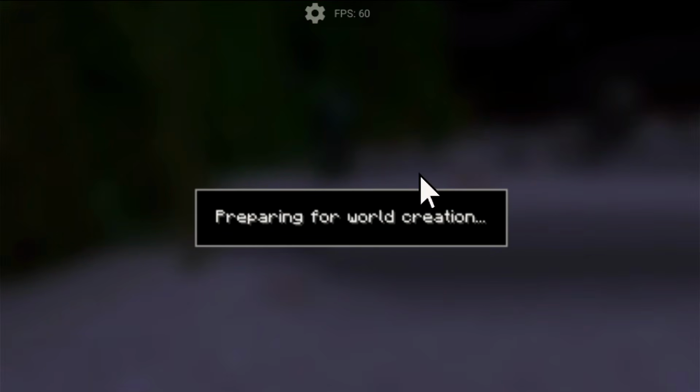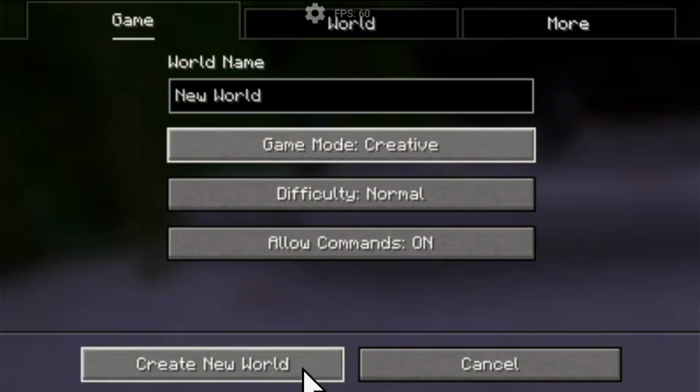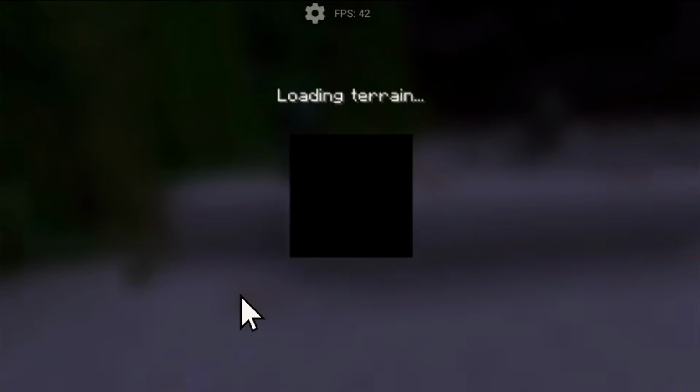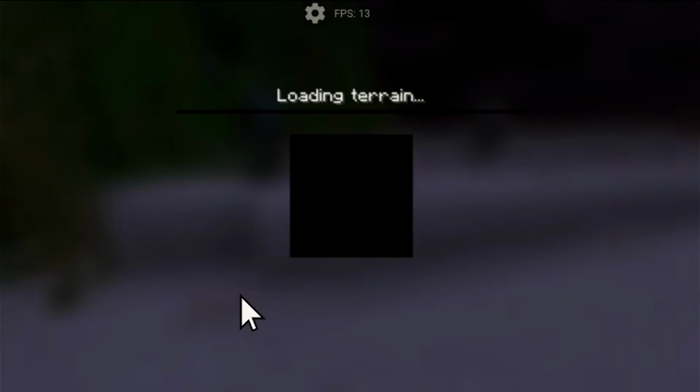I don't know. Well, this device only has 3 gigs of RAM, and using shaders is pretty demanding, but we're going to try. We'll go to Creative World and check it out. Now, I know, again, Makeup Lite works. So if this one doesn't work, then we're going to go to Makeup Lite, and I'm just going to prove